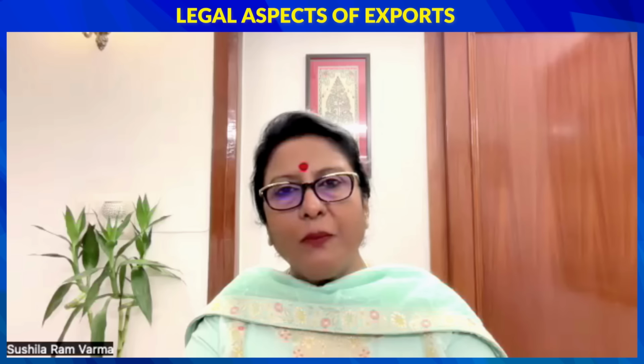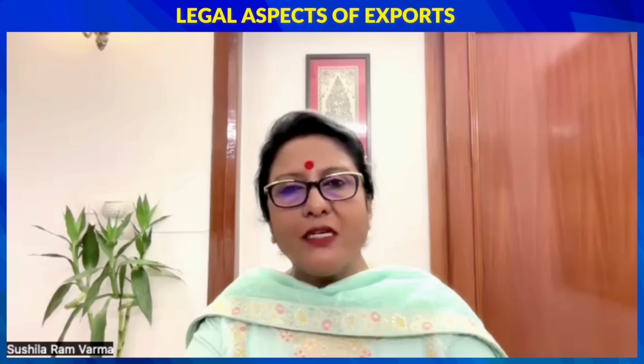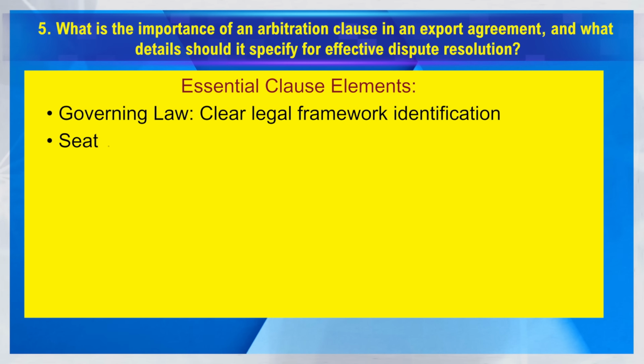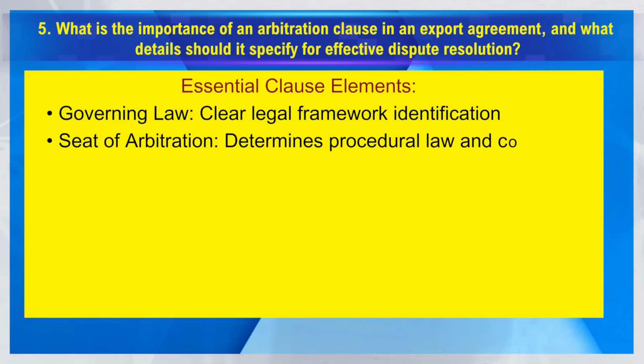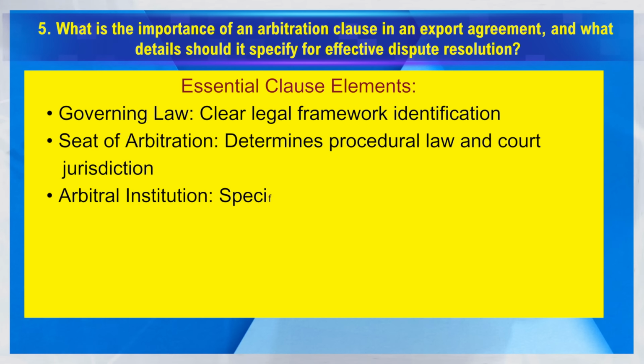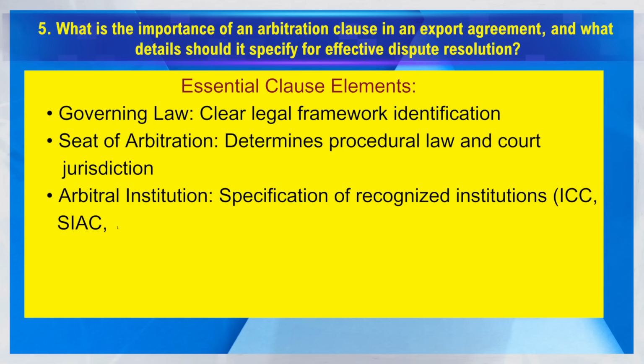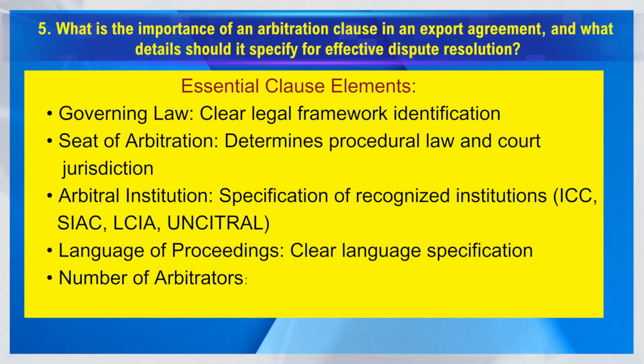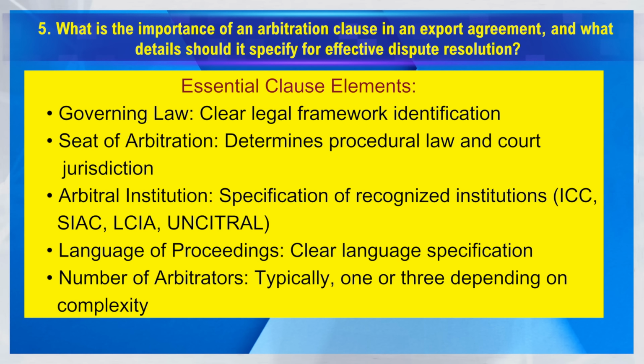So, invariably, what people do is they choose arbitrators from a neutral country, or they decide to go for litigation in a neutral country. Then you have institutions like ICC, LCIA, SIAC. These are all international institutes where arbitration can take place. And these are seasoned institutes where they are recognized for the fact that they know how to resolve cross border